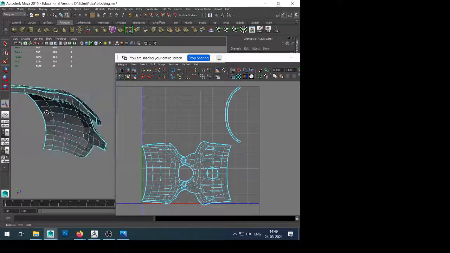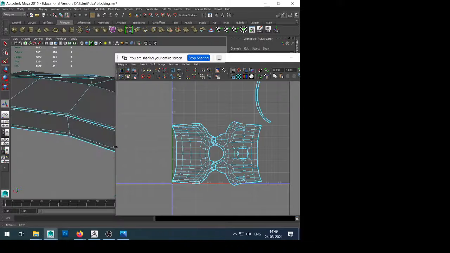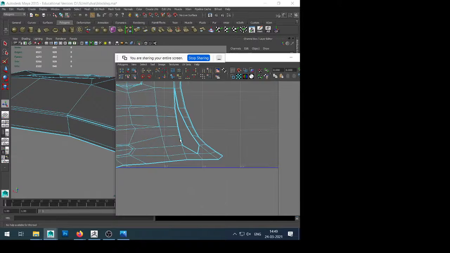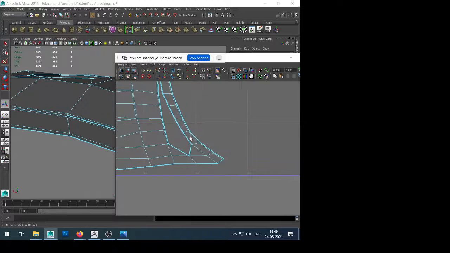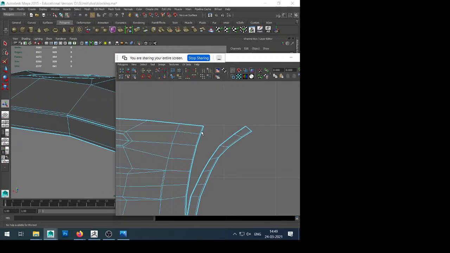And let's see this section, right? This back. Double click up. Last edge. I'm just closing this section. Double click and